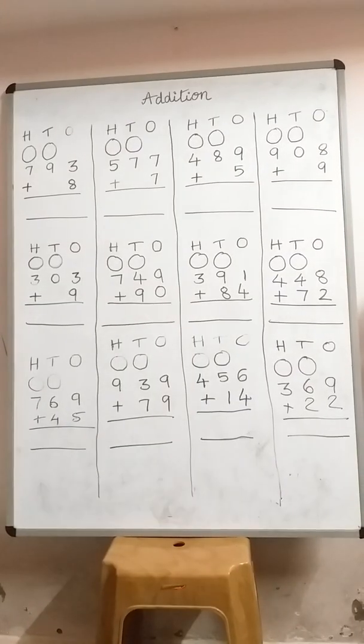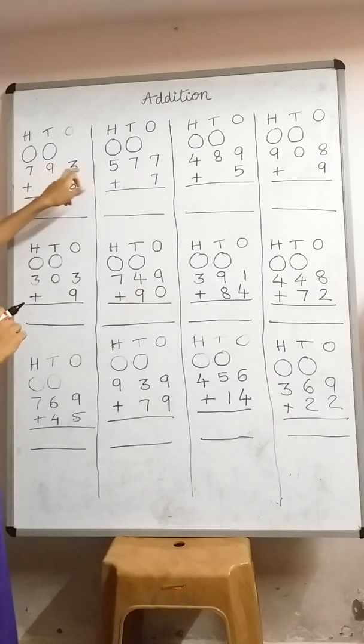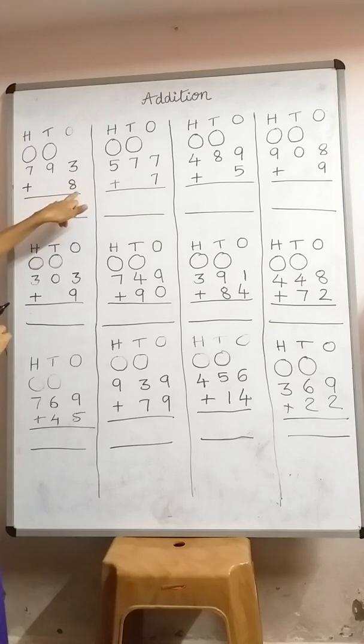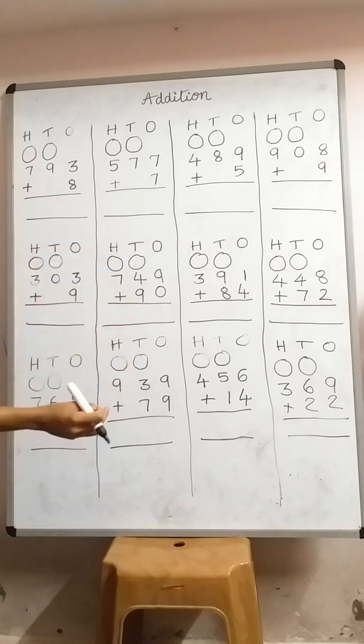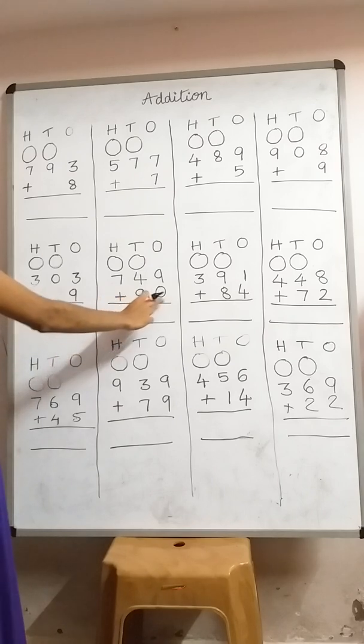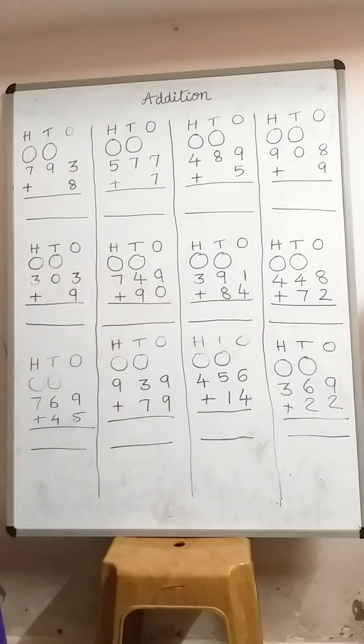Hello students, let's learn today the addition on 3-digit numbers. So we have here the addition of a 3-digit number with a single digit, that is a 1-digit number. So addition of a 1-digit or a 2-digit number to a 3-digit number, let's learn. So here you can see we have the 2-digit number. Next you will learn more about adding the 3-digit number also. So let's start the addition.